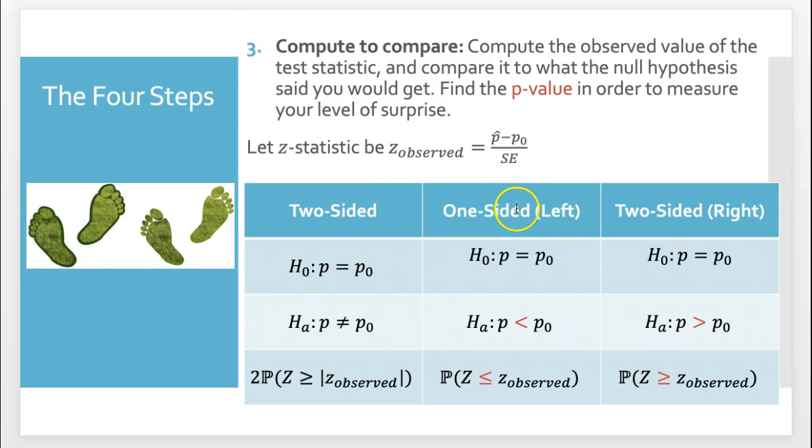So here, as far as calculating the p-value, this is just a p-value guide. If it's two-sided, this is how we calculate the p-value. If it's one-sided, this is how we calculate the p-value. If it's one side, that's how we calculate the p-value there. Okay, so